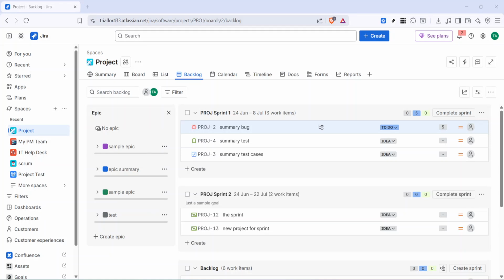In today's video, I'm going to teach you how to split issues in Jira. If you're working in Jira and you realize that one issue actually needs to be broken into a separate item, the split feature can help you do that quickly. This is useful when a task has grown too large or when part of the work needs to be tracked